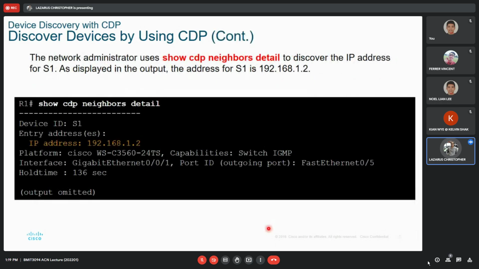Right. So if you want more detail, just append this keyword detail: show CDP neighbors detail, right? So this one will even inform you about the switch S1, our neighbor's IP address, which is 192.168.1.2, right? So for example, let's say you want to remote to that particular switch that is connected to that